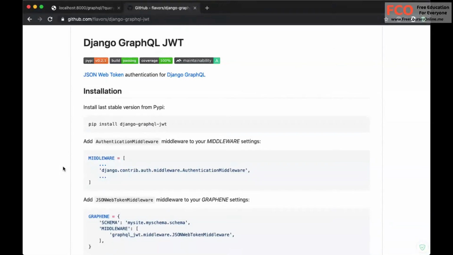Now that we have users within our application, we want to be able to authenticate the users. We're going to authenticate users with the help of a JSON Web Token. We need to use the Django GraphQL JWT library that we installed while setting up our project to implement these